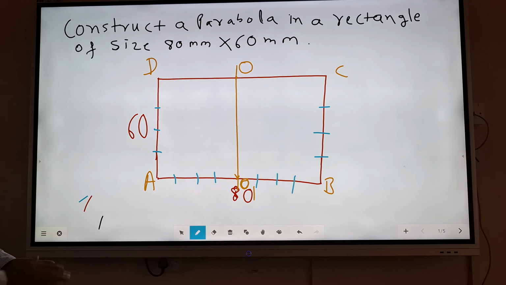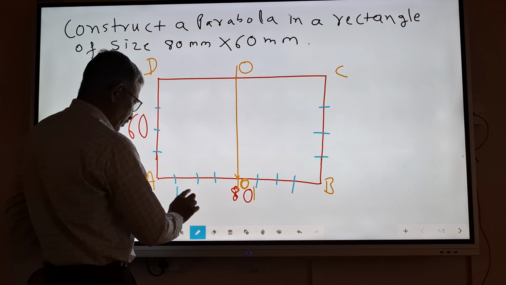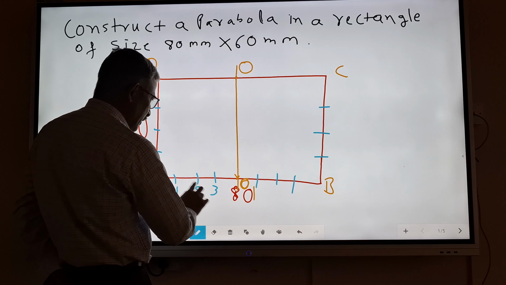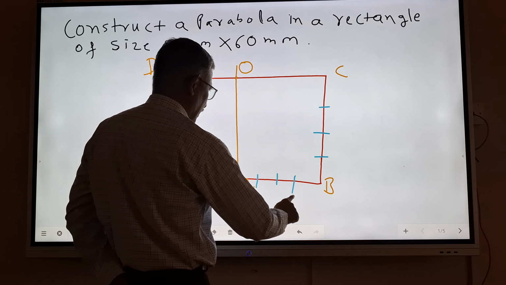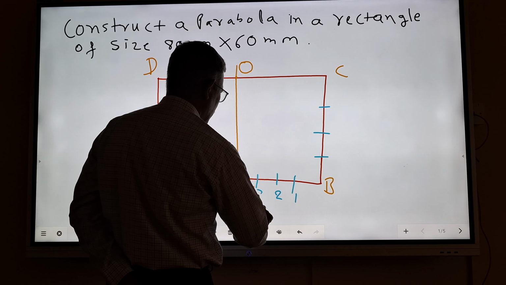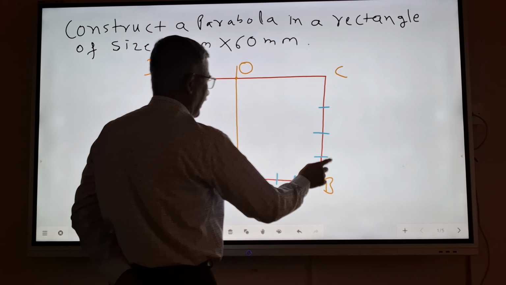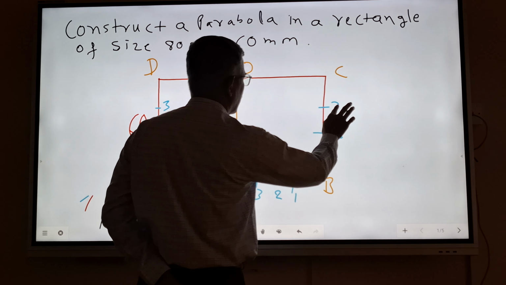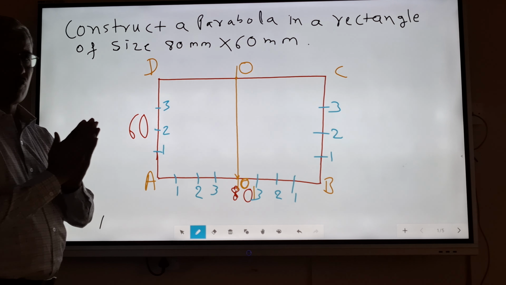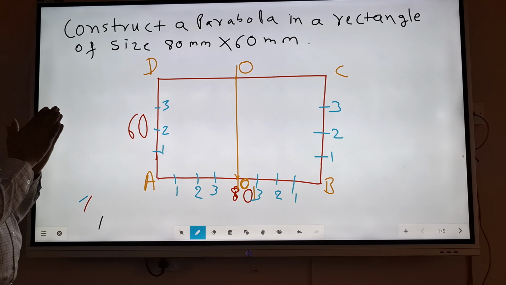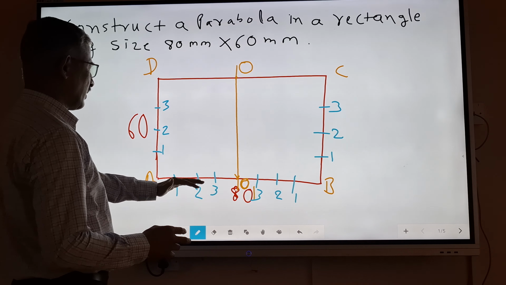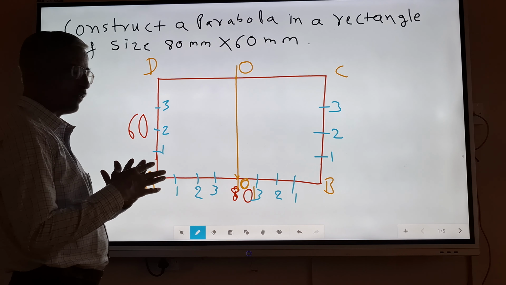Let's name all these points as 1, 2, 3, 1, 2, 3 and 1, 2, 3. So all these names we are giving, or numbering we are doing, for our convenience.